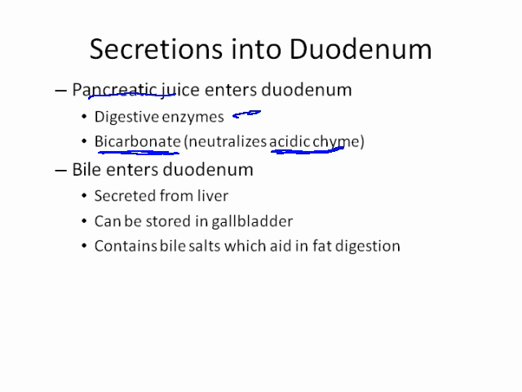The lining of the small intestine is not at all well designed for protection otherwise, without this bicarbonate. So we really need the bicarbonate to help protect the tissues from digestion. Also bile. Bile is secreted from the liver. It can be stored in the gallbladder, and it contains bile salts, which aid in fat digestion. And then we'll talk about bile salts and how they function in fat digestion in the second segment of the